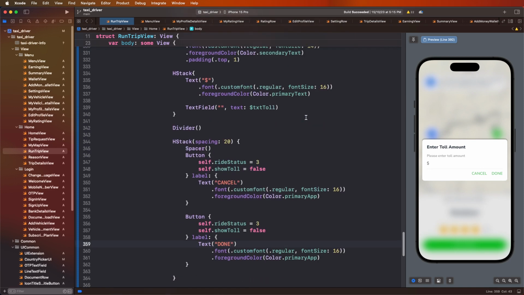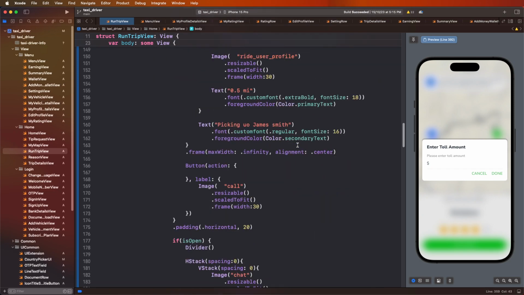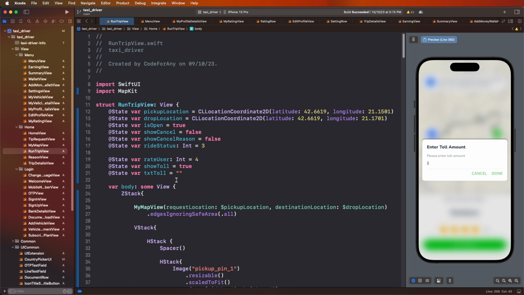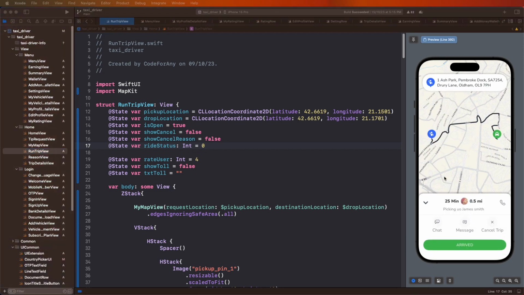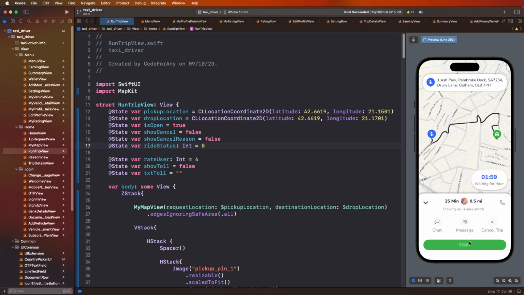And now need to test this UI. First of all need to by default set as false. And write status need to give this 0. And now need to test this UI flow to this. I'm waiting for the loading of this UI. Now this is the loading done, and now need to create the arrive button press, opening the timer